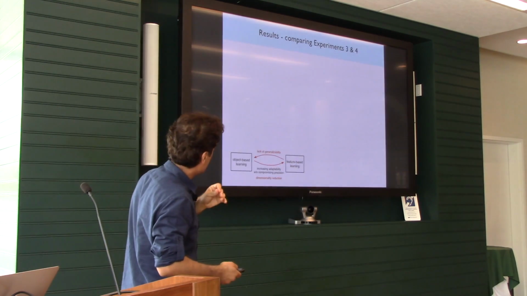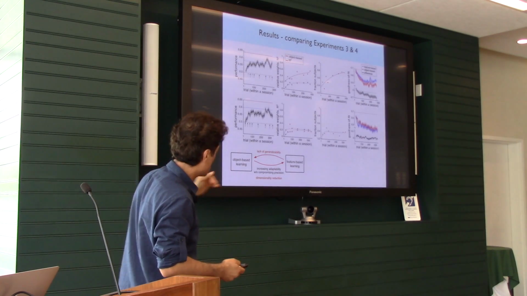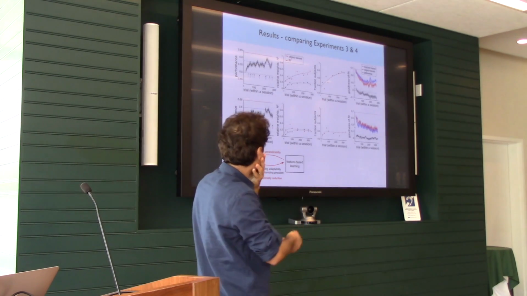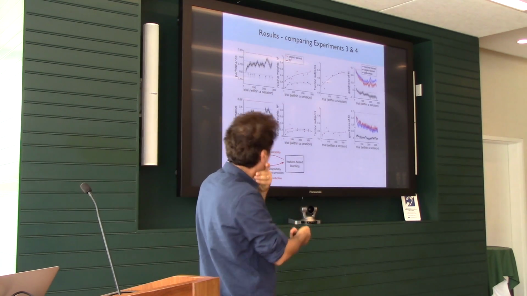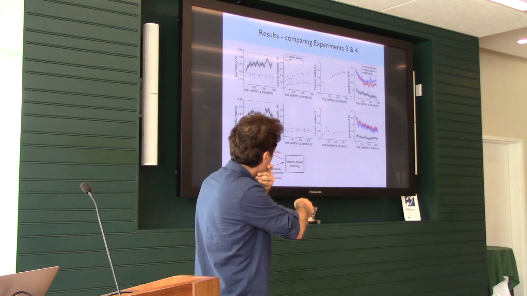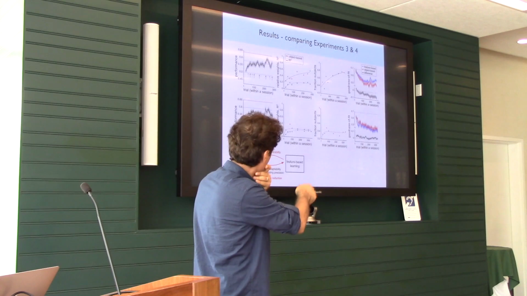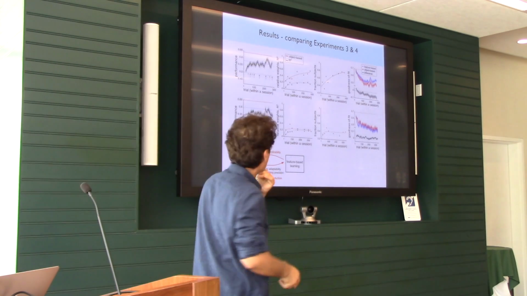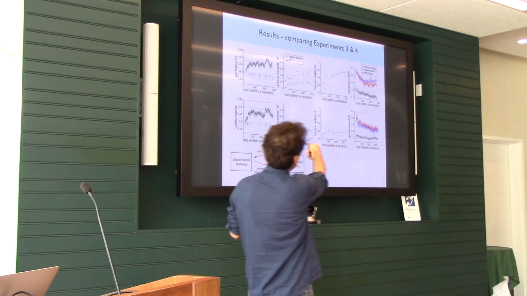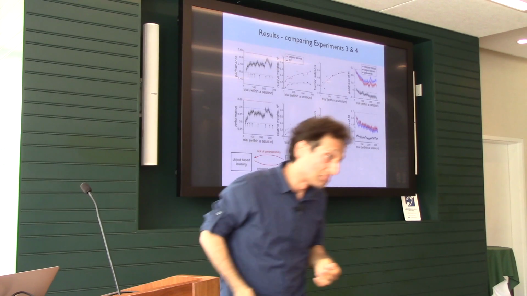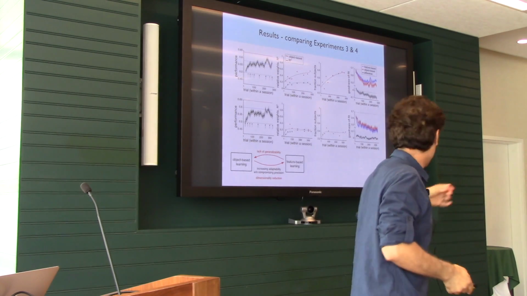What I want to show you, and this is just comparing experiments 3 and 4 so you can better contrast them, I think I already explained it. They start with feature-based learning, and they go toward object-based learning. They never do that for this one. I don't know what would happen if I could torture them a little more, but I'm assuming they would learn more and more about objects.